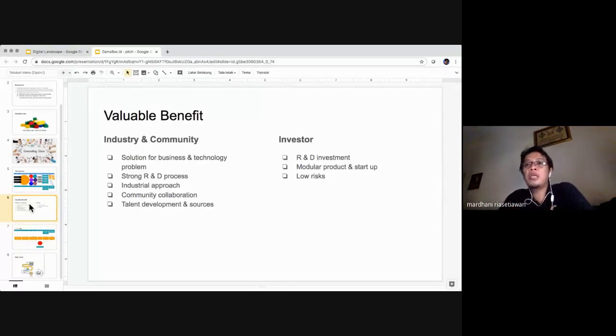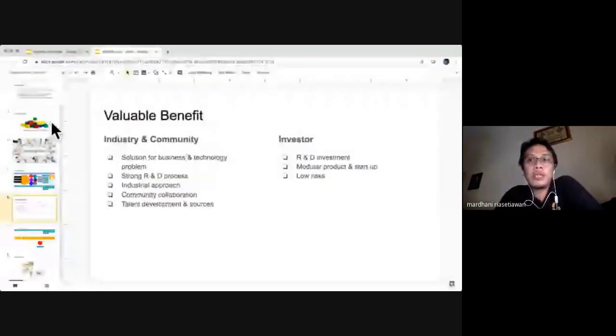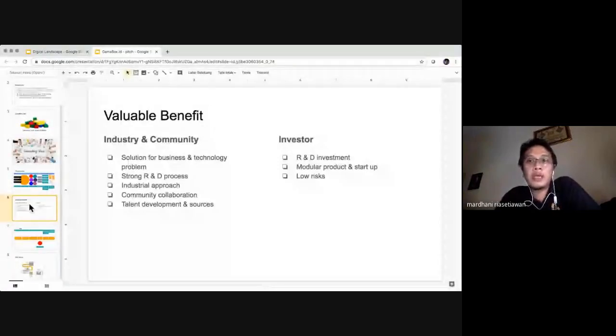And then you will have a strong research and development process. From my own perspective, we have a very deep problem in the Indonesian startup landscape, that many startups in Indonesia don't have a strong research and development process. So we need to have that.